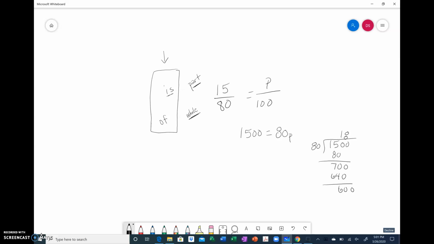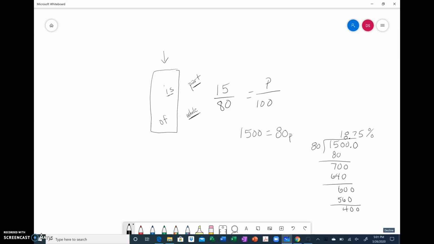I would now be at a decimal, and that brings me to 600. 80 will go into 600 7 times. That's 560. That leaves me with 40. So I should get 18.5